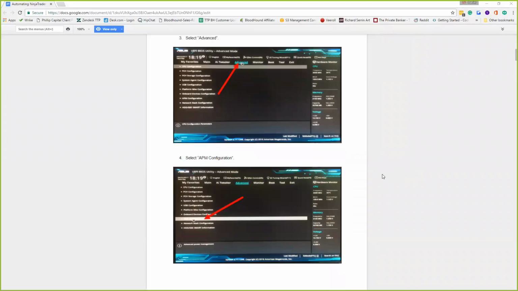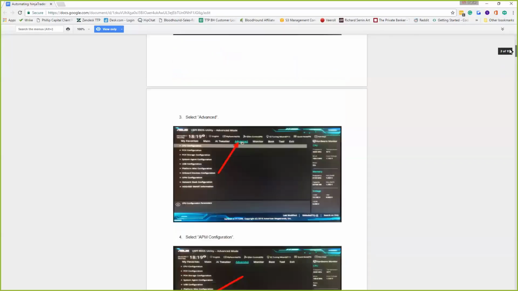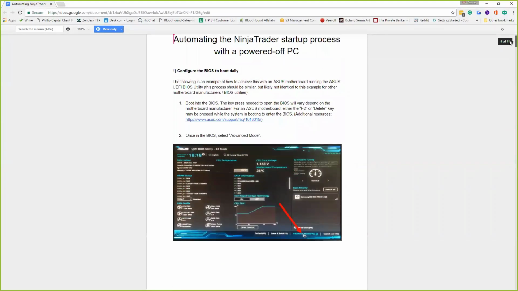I think I had one a long time ago that had escape as the BIOS launch, but it's one of the keys on your keyboard. The FAQ section on the motherboard website will have how to access the BIOS. It'll tell you the exact key that you have to tap. As it's restarting, you tap that key, the BIOS comes up, and then either via advanced mode, advanced options, or power management,